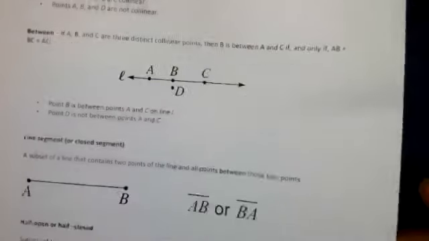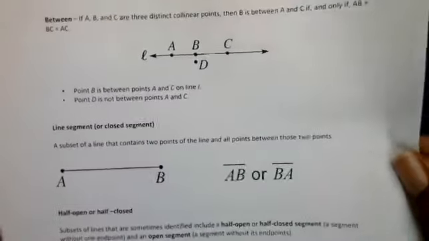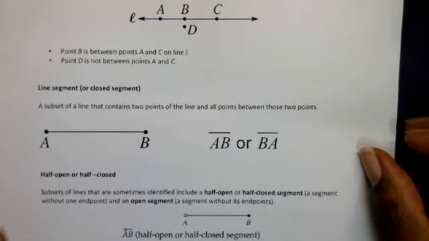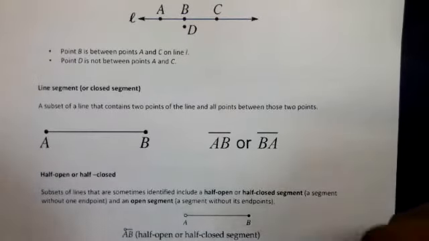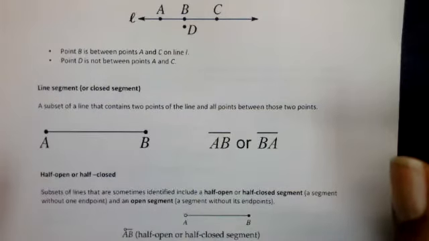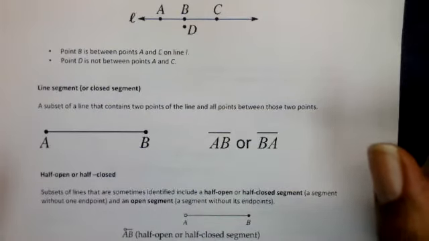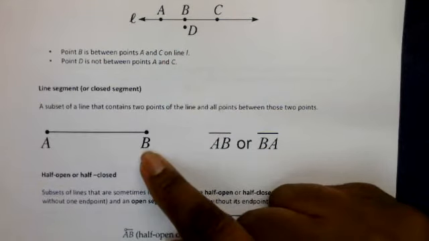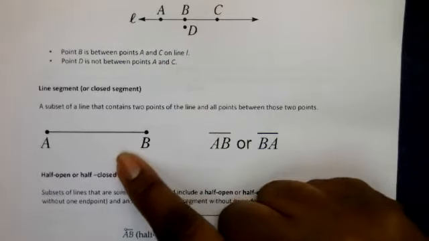Okay, next we have a subset of a line, which is called a line segment, sometimes called a closed segment. A subset of a line that contains 2 points of the line and all the points in between the 2 points is a line segment or a closed segment. So here you have endpoints A and B